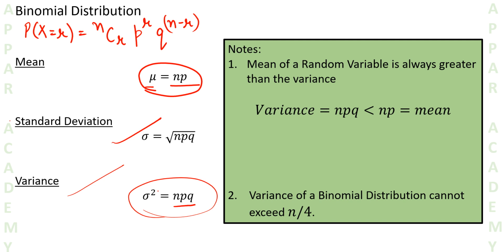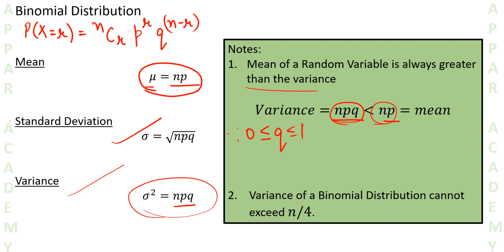Now two important points that we need to note for mean and variance. First of all, the variance of a binomial distribution is always less than the mean. See, variance is simply npq, right? On the other hand, mean is np. Now we know that q is basically a fraction, that is, it is greater than or equal to 0 but less than or equal to 1, and whenever we multiply a number by a fraction, the number reduces. So again, this npq is always smaller than np. Therefore, variance is always less than mean for a binomial random variable.